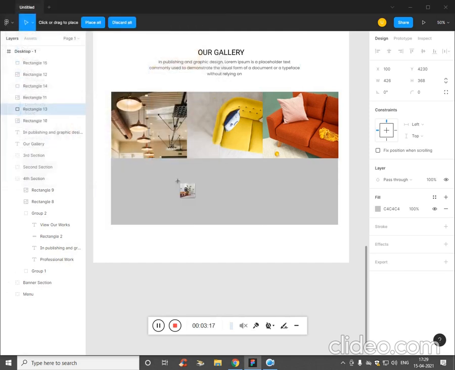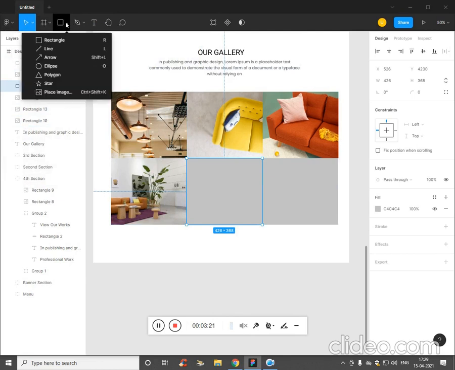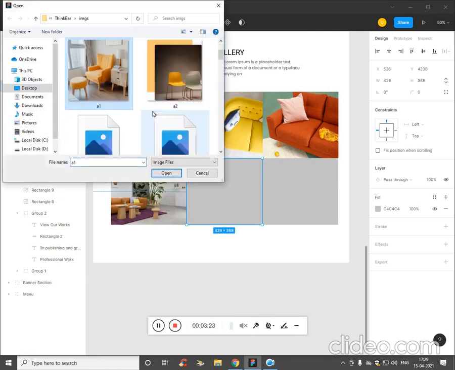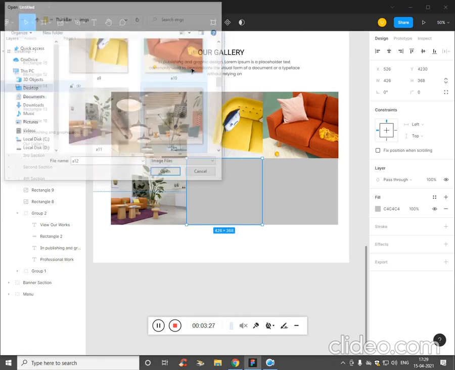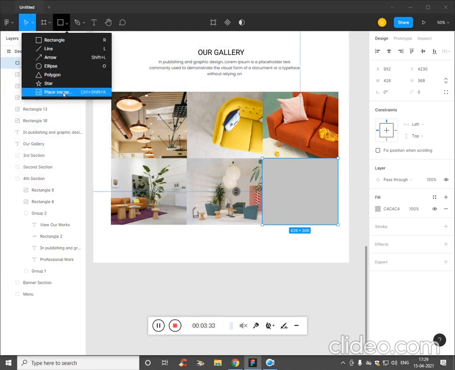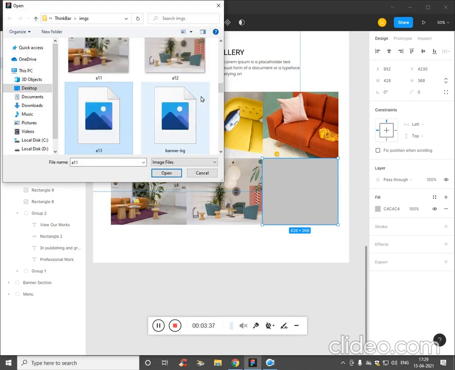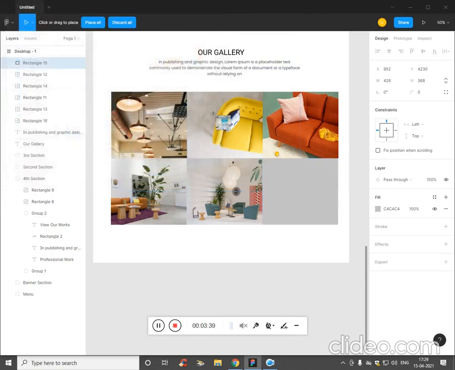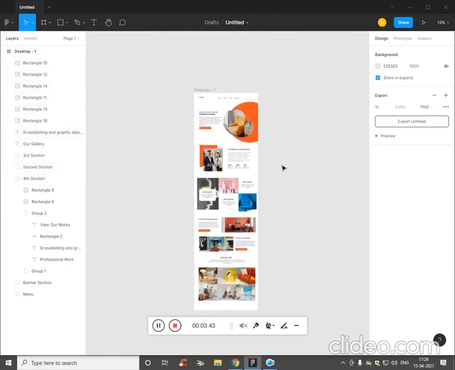A11, then here A12, then comes here A13, zoom in, zoom out, and that's it.